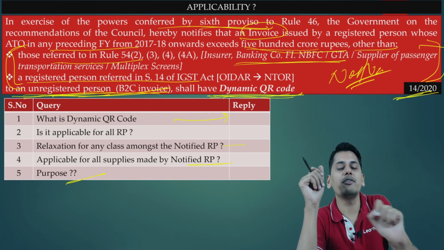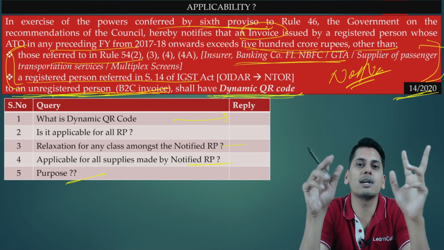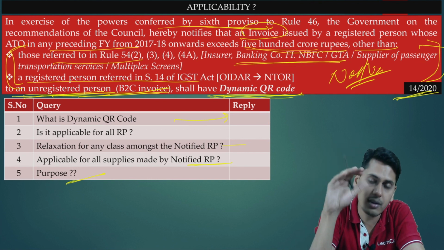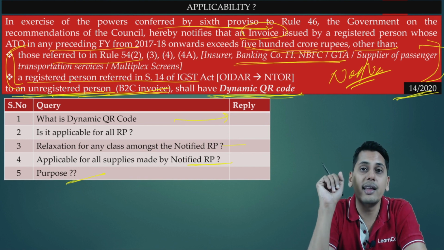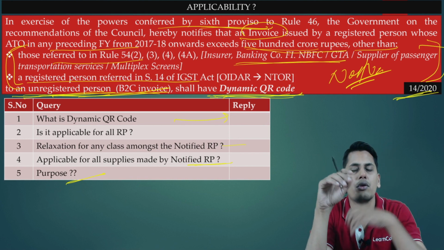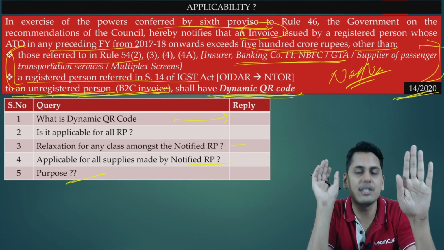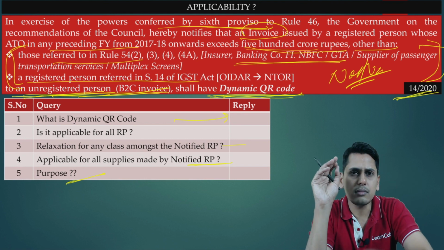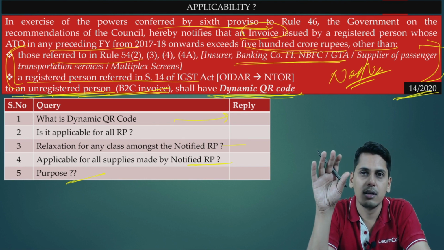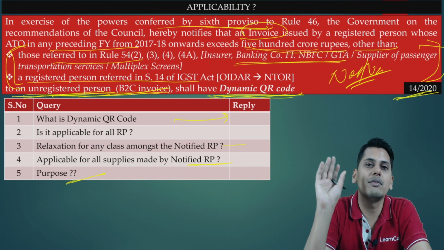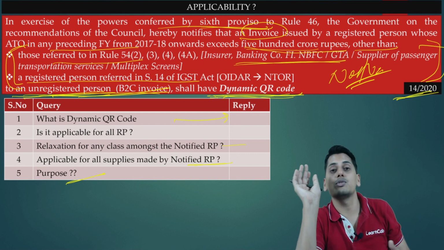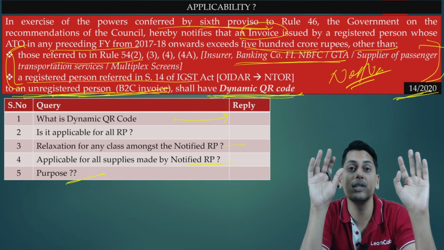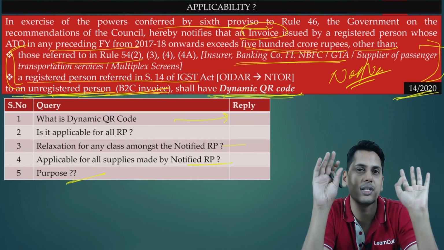So friends, what is the incentive which is available with him so that this objective of the government is satisfied? There is going to be a lottery scheme which is going to come. Still it is not there. In due course, you would be reading that there's going to be a lottery scheme for all the payments against a GST invoice which are being made scanning this dynamic QR code. For all such end users, there is going to be a lottery scheme where some lucky winner is going to win some prizes. This would in turn encourage the end users to make digital payment, which would again satisfy the objective of the government that last mile transactions are arrested.